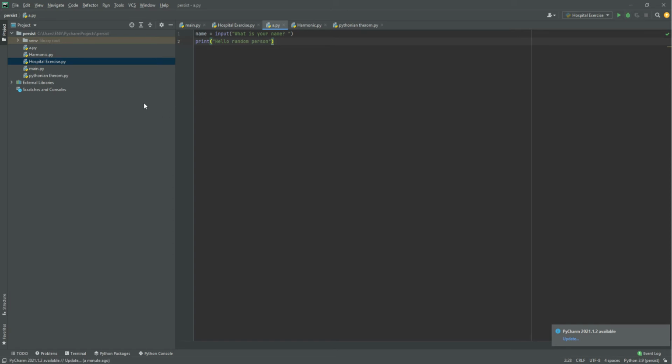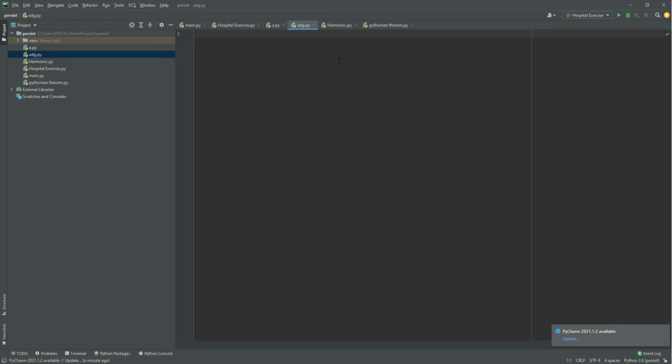So this is how you make the Pythagorean theorem in Python. First, open a new Python file. I'm just gonna name it random. So first, you say A equals input